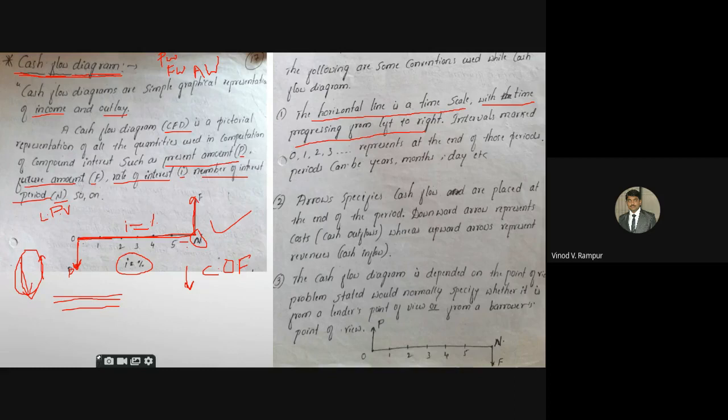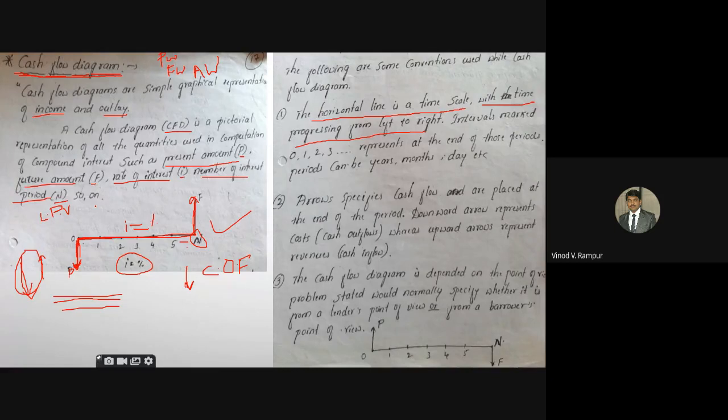Just see the principal amount. Whenever you are going to take a loan, we are not going to pay any amount as interest at that zero time period. Now if I'm asking for 10,000 rupees from my friend, right now I'm not paying any interest. I tell him, okay, every year, every month I'm going to pay the interest. That means at the zero time period I'm not going to pay any interest.